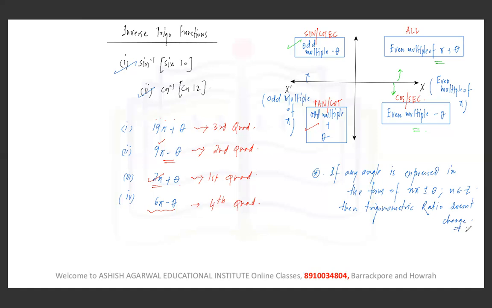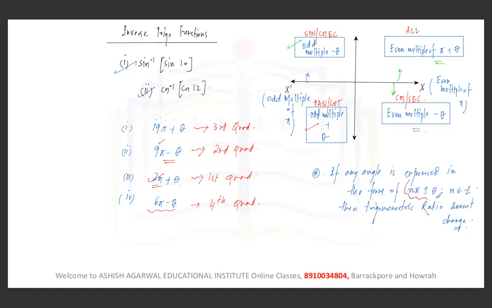आज हमने क्लास 11 में सीखा है कि n का वैल्यू अगर ऑड होता है या n का वैल्यू अगर इवन होता है, n के वैल्यू ऑड पे ट्रिग्नोमेट्रिक रेशियो चेंज हो जाता है और n के वैल्यू इवन पे ट्रिग्नोमेट्रिक रेशियो रिटेन हो जाता है। साइन का साइन होता है, कॉस का कॉस रह जाता है, टैन का टैन हो जाता है इन केस ऑफ रिटेंशन। और जब चेंज होना होता है, साइन का कॉस हो जाएगा, कॉस का साइन, टैन का कॉट, कॉट का टैन, सेक का कोसेक, कोसेक का सेक।